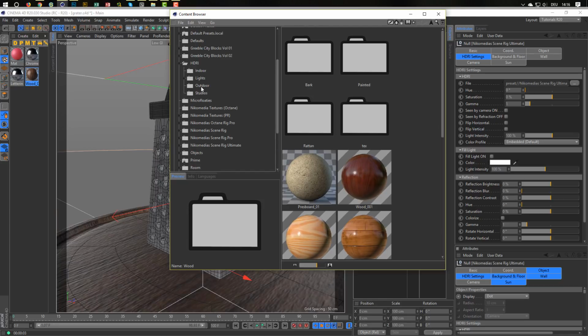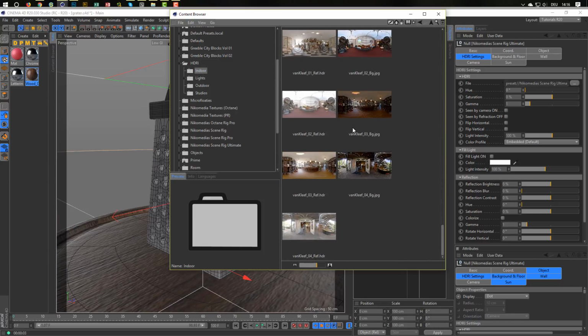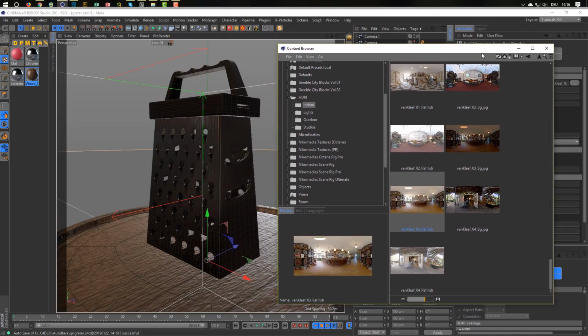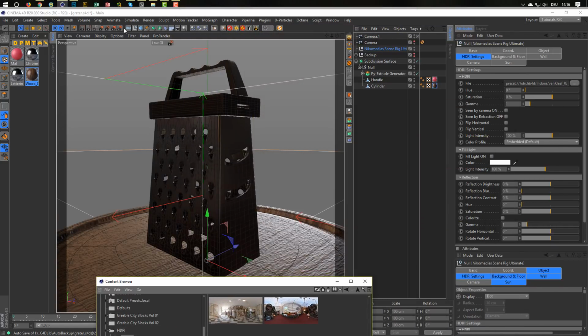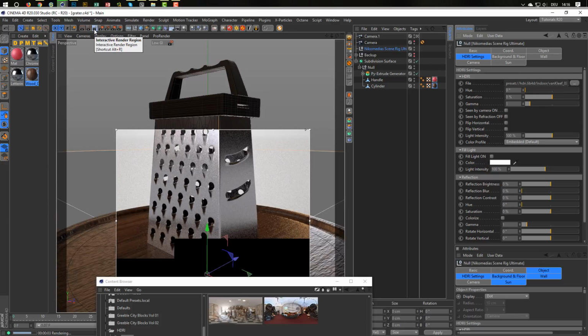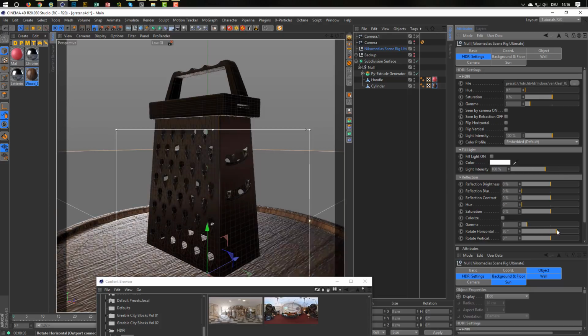HDRIs, and go to indoor and go to my funs and cleave things. I like the fun cleaves. So go back here and render. Fun cleave is so far so good, but